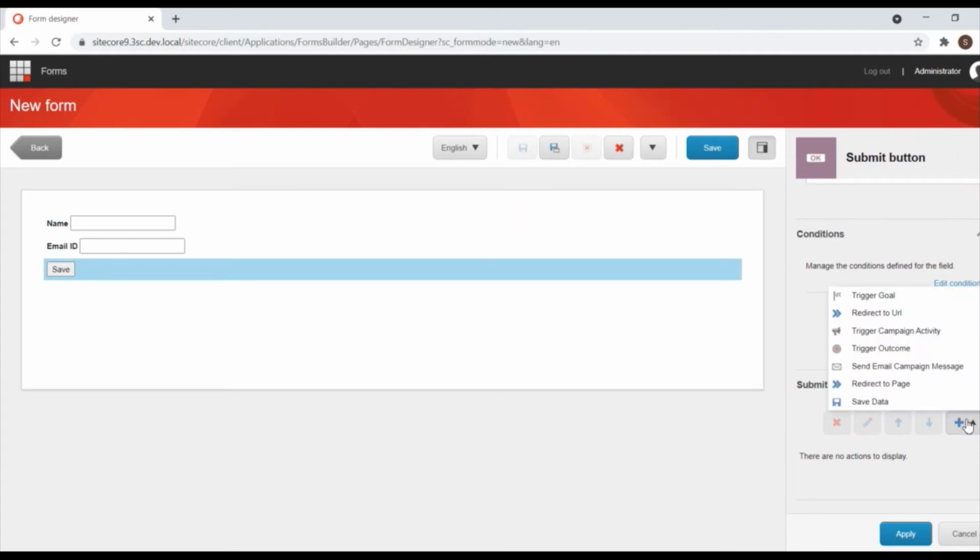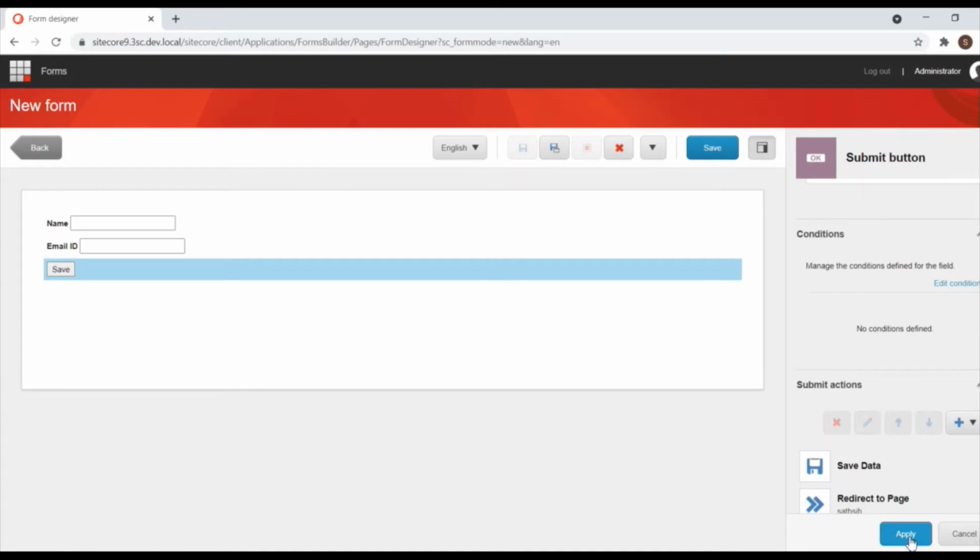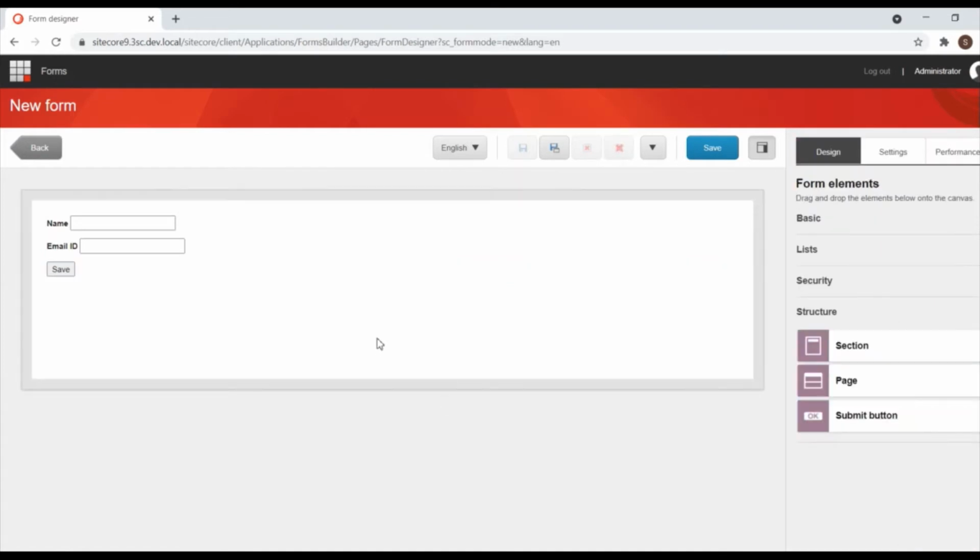For the submit action, first I'm adding the Save Data action, and then I'm adding Redirect to Page. I have created a new page, so I'm selecting it and applying. Now the Sitecore form is created, and I'm going to save the form.